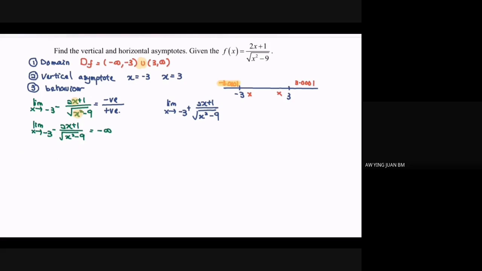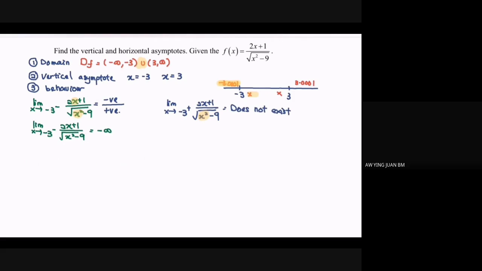Next, we are going to discuss the right. So in here, we have no suggested value, meaning that the value may be negative 2.9999. So now, kindly substitute into this part. The negative 2.9999 squared, we will obtain a positive value, which is less than 9. A value which is less than 9 minus the 9, so we will have a negative value. So the value cannot be less than 0 for the case of square root. So meaning that there is no value and the situation does not exist.